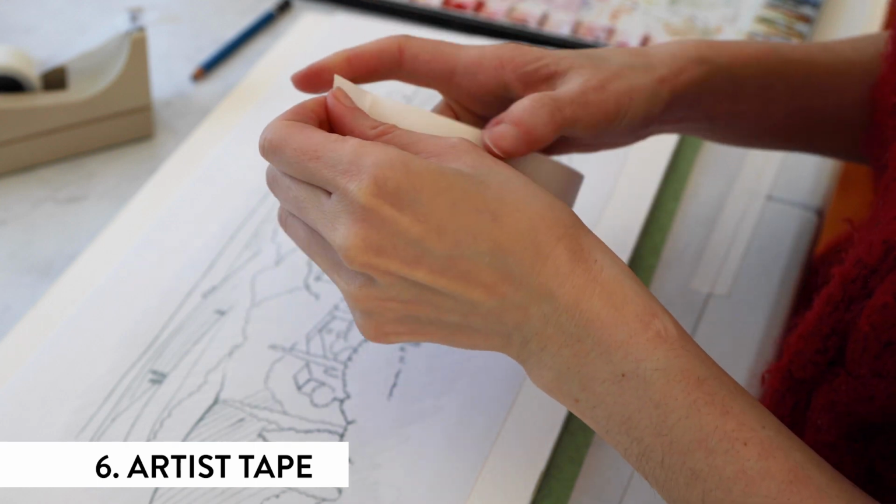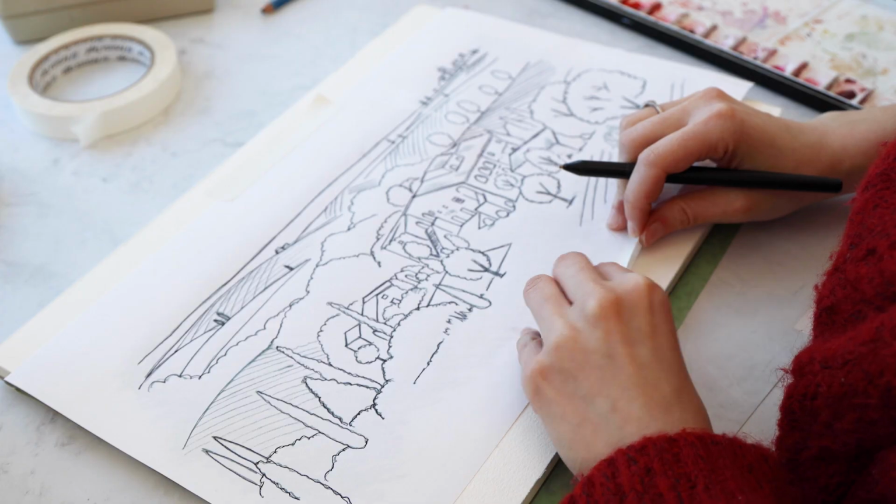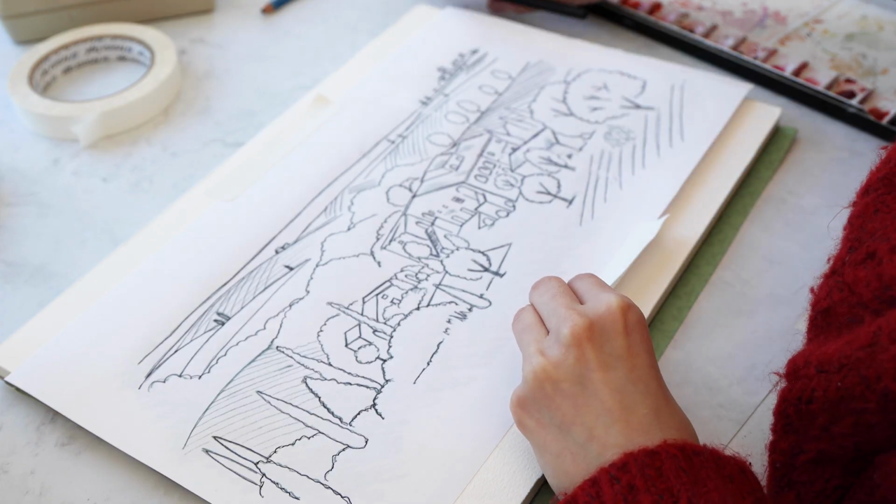Okay, now we're down to item number 6, and this is going to be such a boring one, but let me tell you, this little thing is essential to me, and that is my roll of artist's tape. I use this thing for everything from affixing tracing paper to my sketchbook, to using it for tracing and transferring artwork from sketch to my watercolor block. It's really gentle on paper and ensures that it won't rip or scuff up your work as you peel the